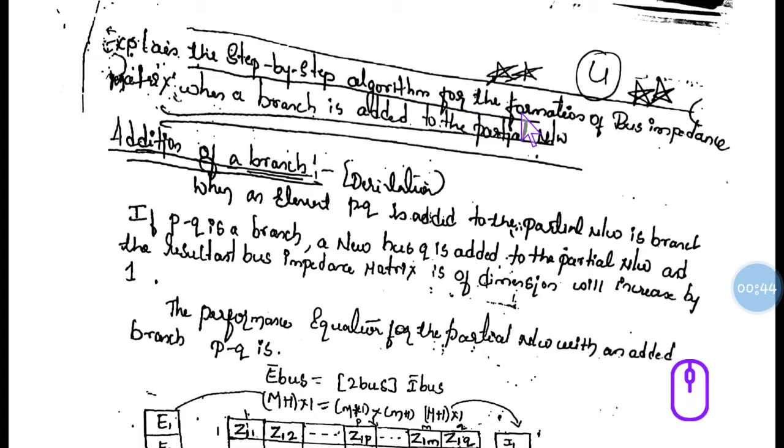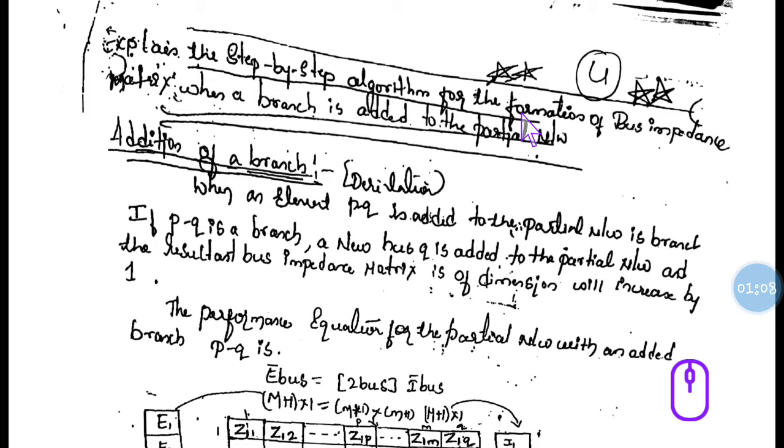While adding branches, you have to derive for diagonal as well as off-diagonal values, and in total you get 4 derivations. For branches, 2: one is diagonal and one is off-diagonal. For links, another 2: diagonal and off-diagonal. One thing you have to remember while adding a branch, generally while doing any problem, an extra row and column gets added.